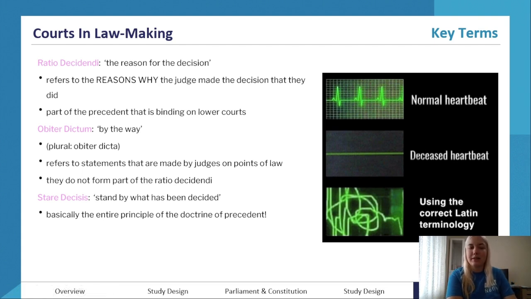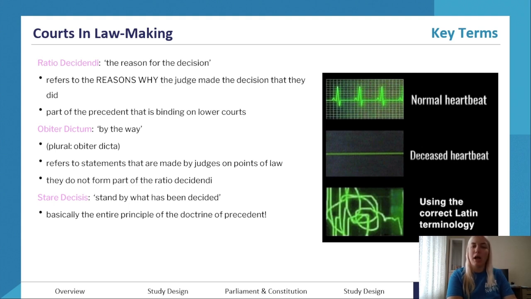Now, obiter dictum is not a legally binding part of the precedent. It is not legally binding. Obiter dictum literally in Latin means by the way. Okay, so these just refer to judges' comments. So this might be